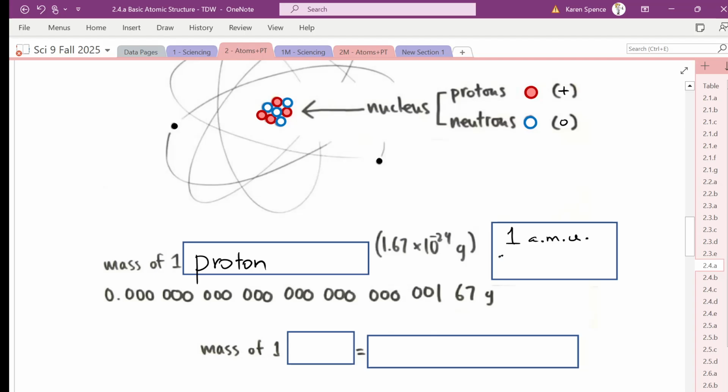That is an atomic mass unit. So 1 atomic mass unit is equal to 1.67 times 10 to the negative 24 grams, or